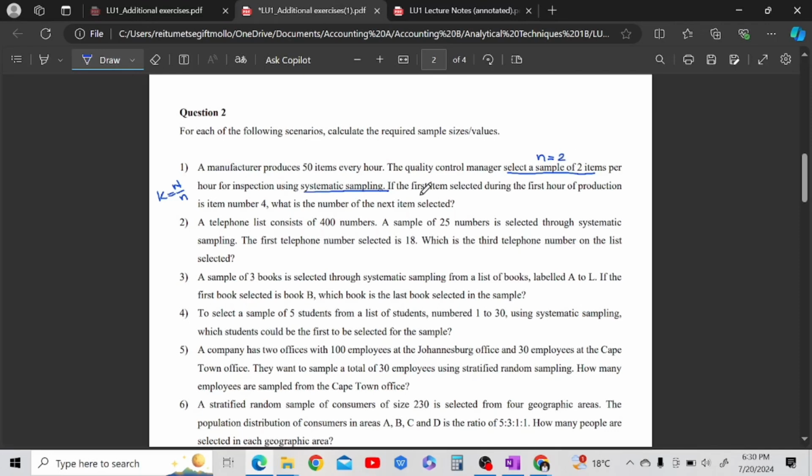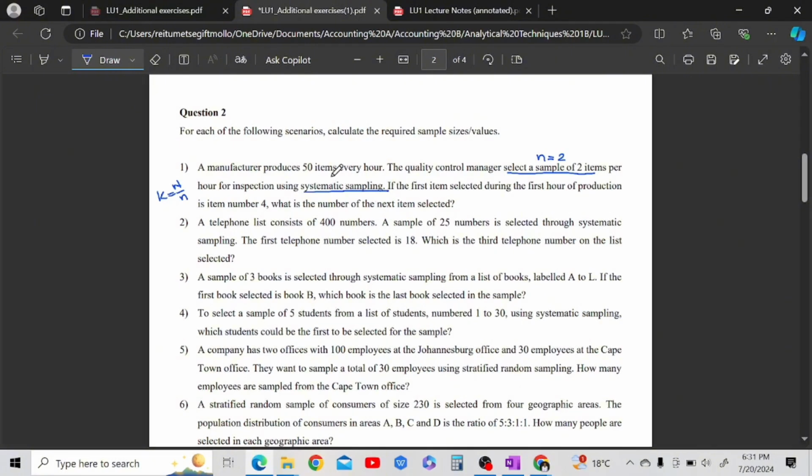They say if the first item selected during the first hour of production is item number 4, what is the number of the next item selected? Okay. So basically here, this is systematic sampling, right? Firstly, let's start by doing this. After we have read all of this information,